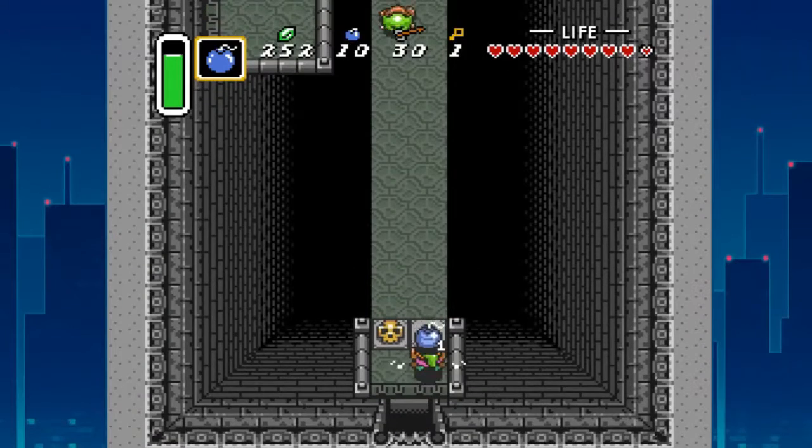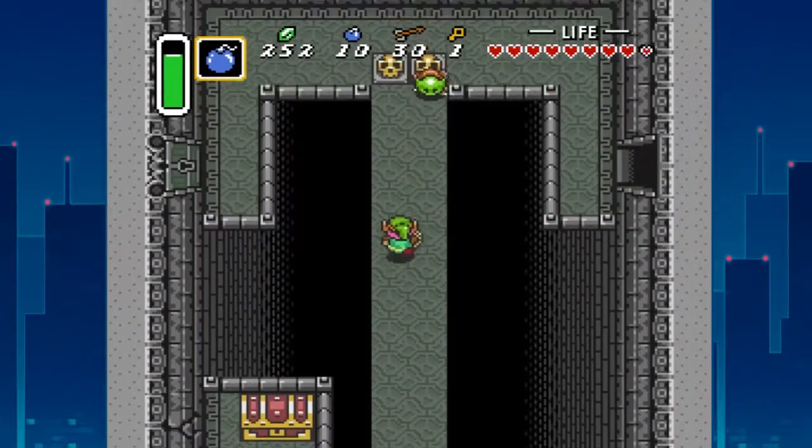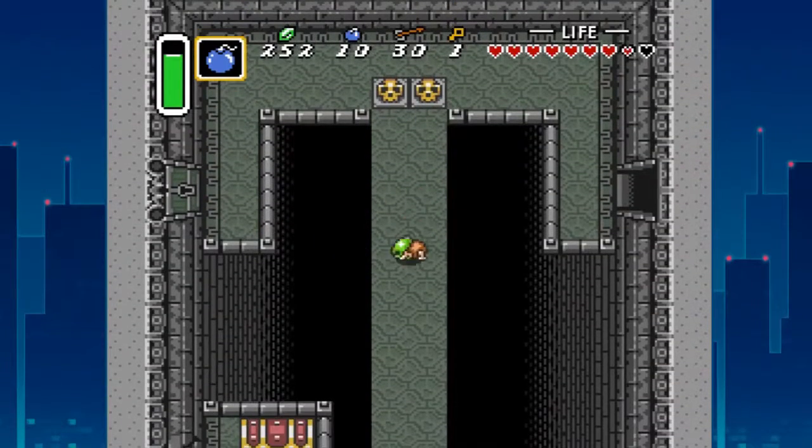Now, you want to make sure you have 2 keys when you get to this point. One to get through that door, and then one to get through this door. Very important that you have the...